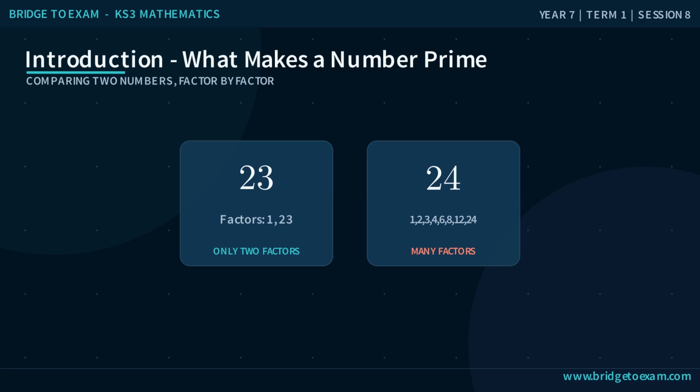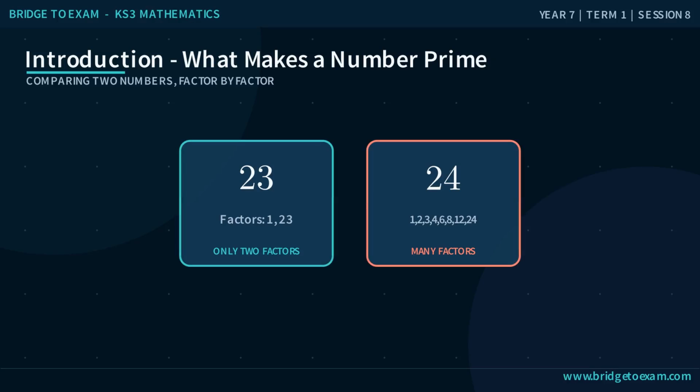Look at two numbers, 23 and 24. 23 has exactly two factors, 1 and 23 itself. 24 has many more factors: 1, 2, 3, 4, 6, 8, 12, and 24. A number like 23 with exactly two factors is called a prime number. By the end of this lesson, you will identify primes and break any composite number down into its unique set